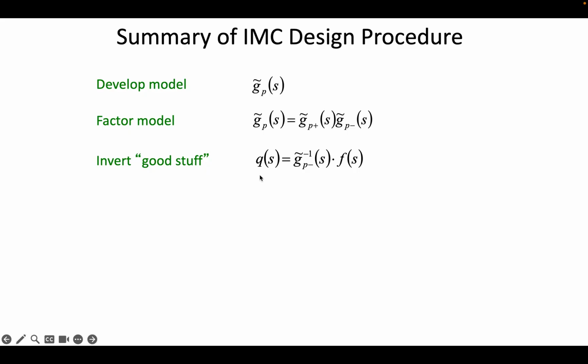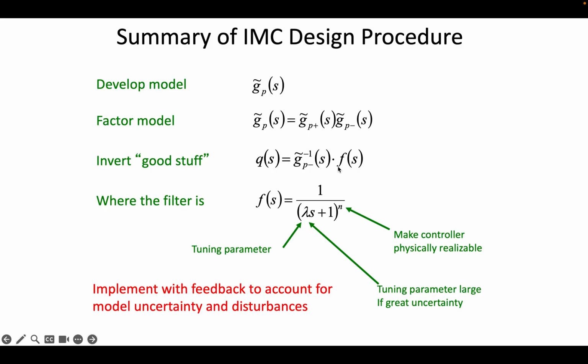Then for the controller design Q, you only invert the good stuff of the process model, and you use a filter, which is often first order, to make that controller Q realizable. And again, that filter often looks something like this, particularly if you desire to make good set point changes. N is selected to make it physically realizable, but in the examples I'm using today, N happens to be equal to 1. Now you do the controller design this way, assuming a perfect model, assuming no disturbances, but then you